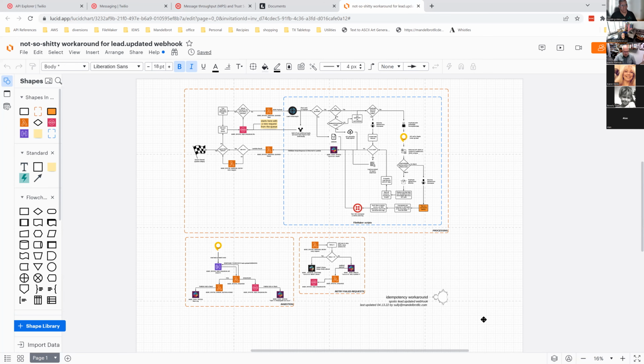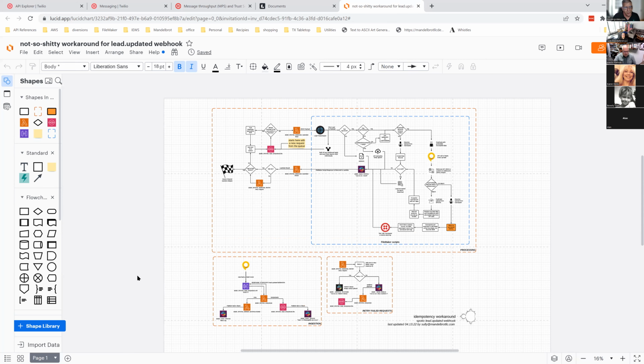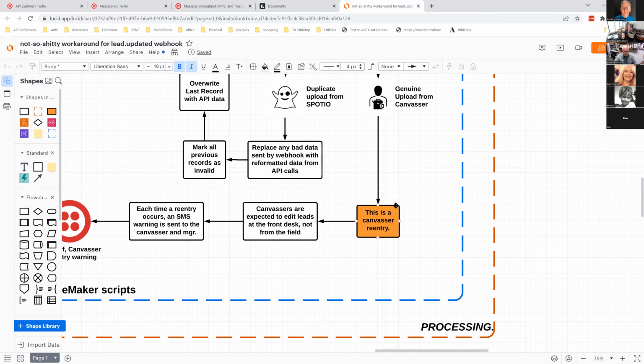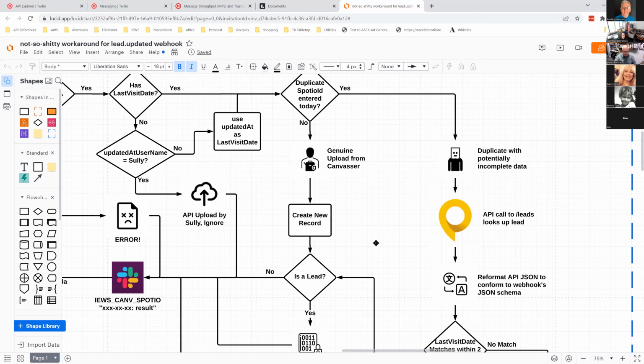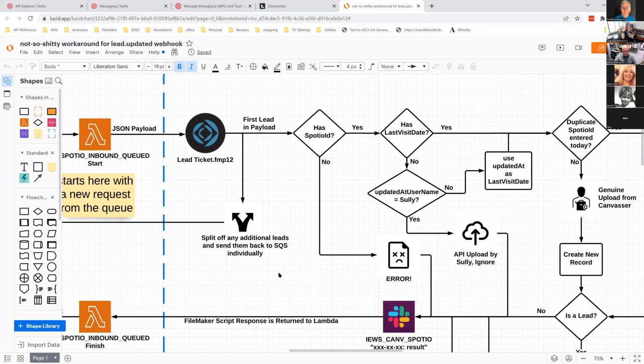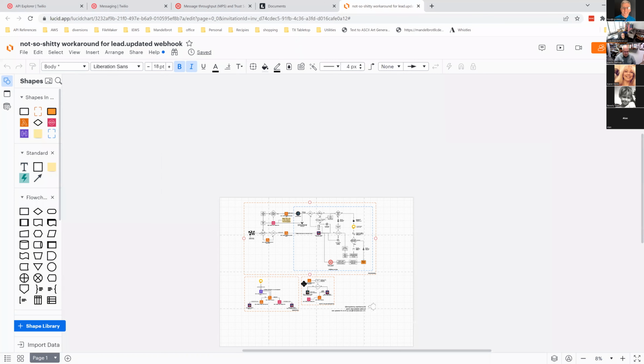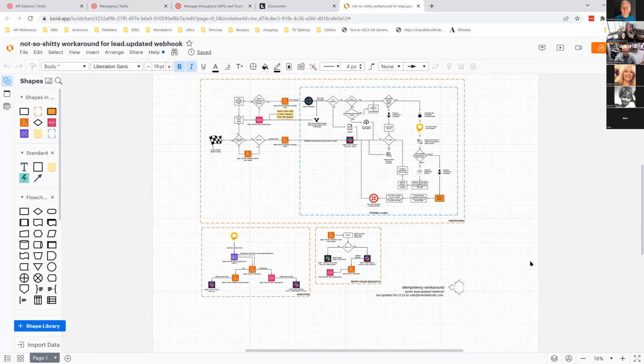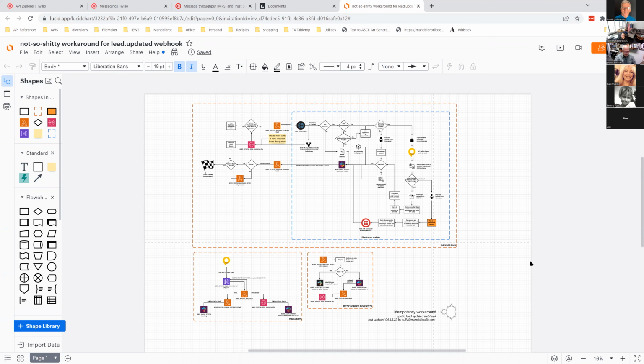So if you guys don't use this type of charting, it's Lucidchart. It's one of the most useful things you can do, to actually put together flow charts of your workflows and the way that things are supposed to work. I love putting these things together because it keeps me from losing my place in what I'm doing. So I can put down one project and then start up a different project. Somebody can have a problem that I can fix in the middle of doing something else, and I don't lose my place in what I'm doing. That's nice.